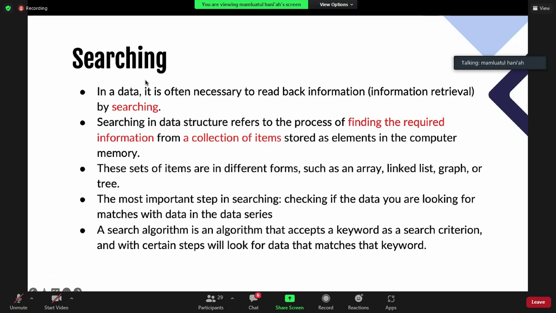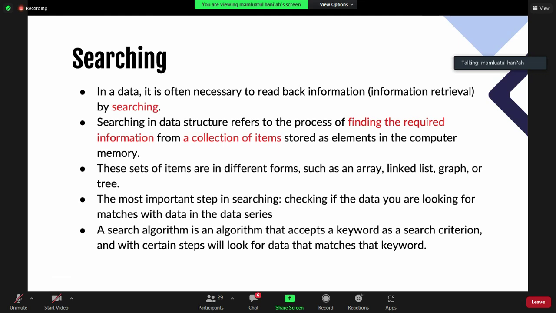So, in data, it is often necessary to retrieve information. Yeah, information retrieval. Some applications that use the information retrieval concept are Google, Yahoo, and Bing, like that. And in information retrieval, you do this searching process. I think it's not something unfamiliar. I mean, I think you are familiar with the searching process.